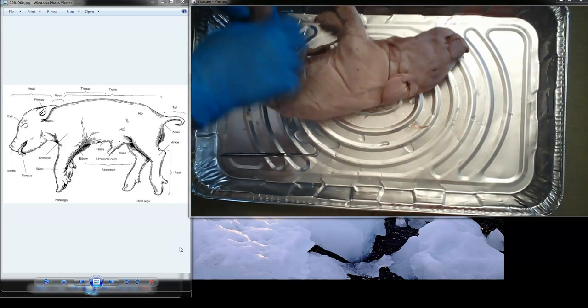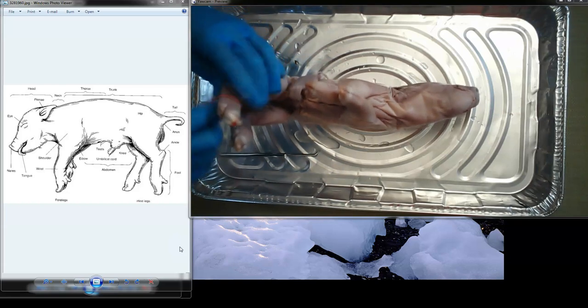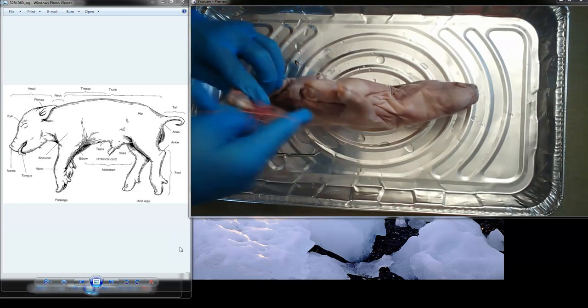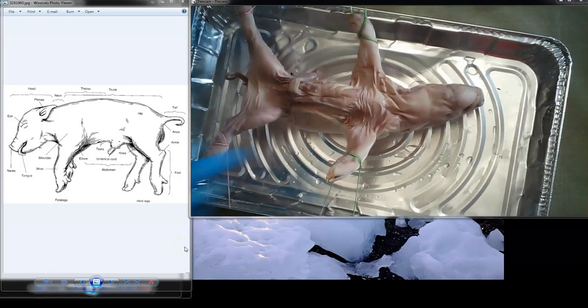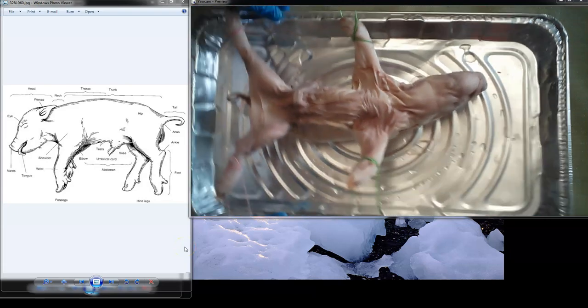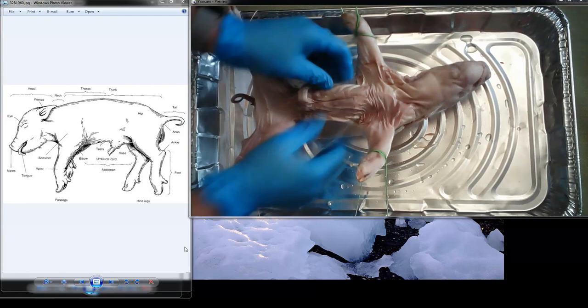So we are going to now open it up. I'm going to use these elastics. I'm going to take one elastic and wrap it around like this. I'm going to hope for the best. Under 12 seconds later, the tray. So now, as you look at the underside of the pig, you can hopefully see